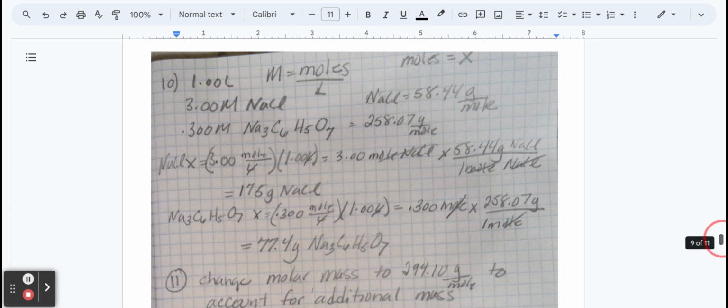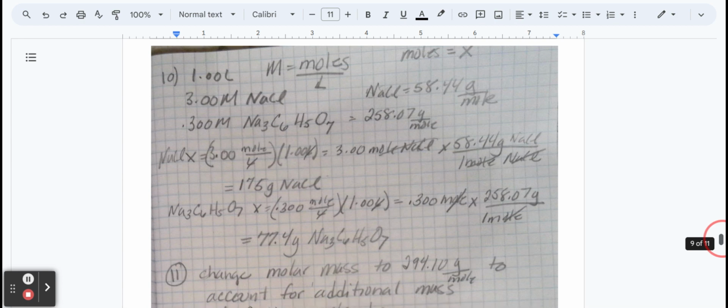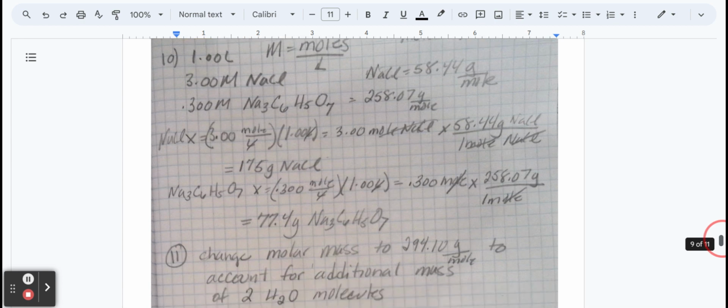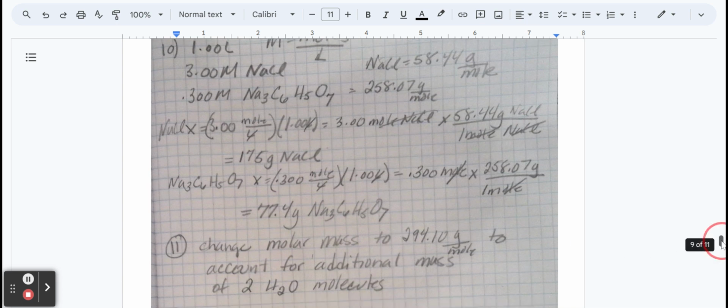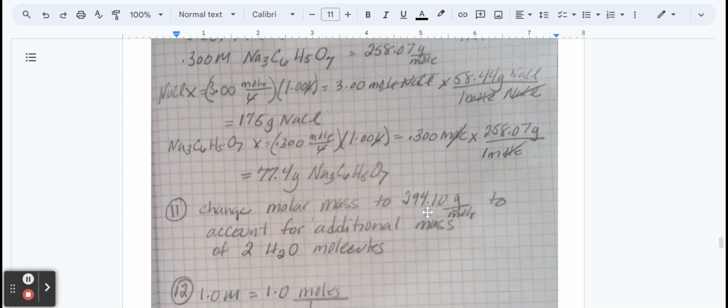All right. Number 11 was a play on number 10. And the difference between those two problems is number 10, we're looking at a substance without water in it. And then the other has water. So it's really the molar mass is the only thing that's different. So my work would be the same. I'm just changing the molar mass to